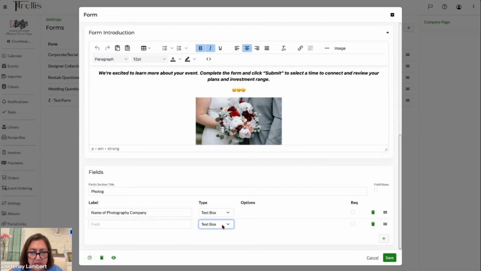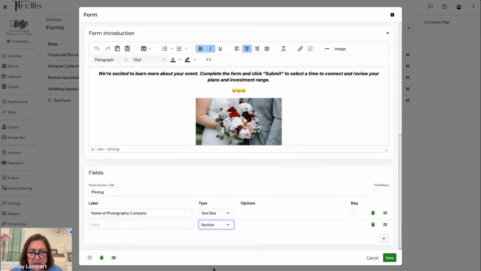Field. It can be a section, and you can call this whatever you want. Other vendors we like or may use, whatever you want to do there. So this is going to be a section now. And then underneath this section, you might put photographer